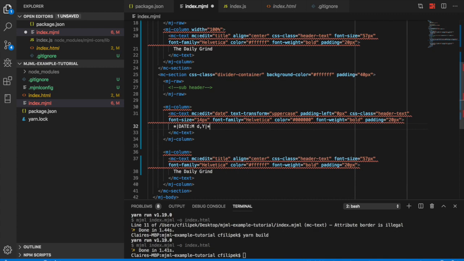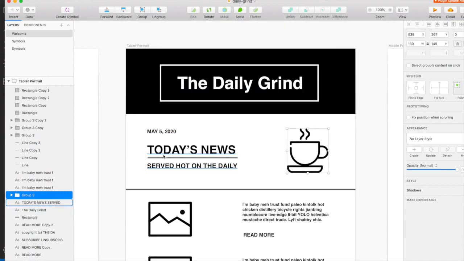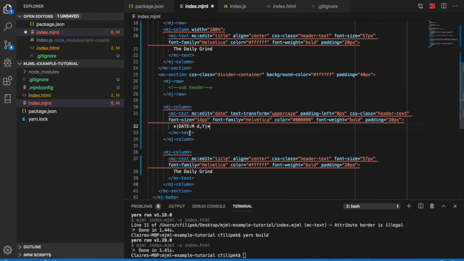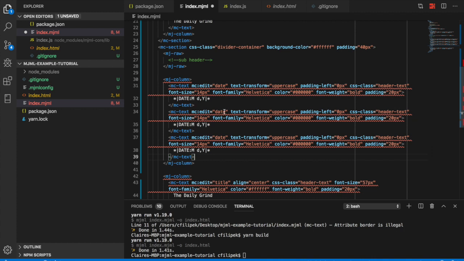Now on the other side of our column, actually this is still within the same column. It is important to look back. So within the same column, we have the date, today's news, and then served hot on the daily. And then we have our image on the right. So within the same column, let's copy our text again. We know we want it 3 times. So this is actually going to be subhead. And then below, let's make this the slogan. And our subhead is